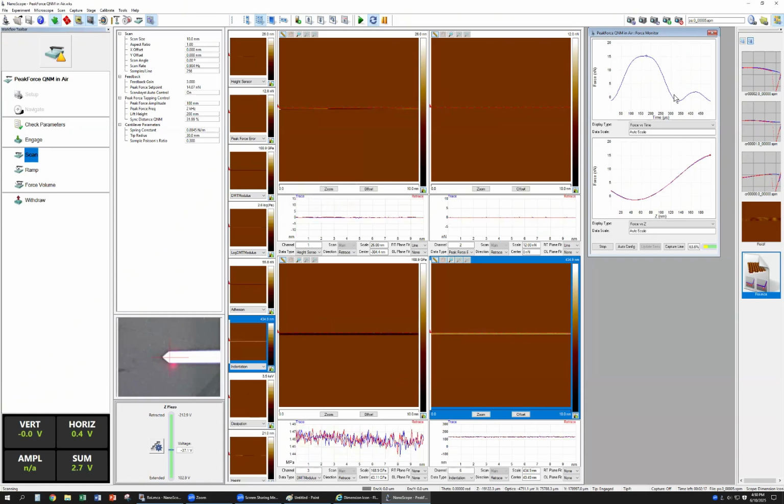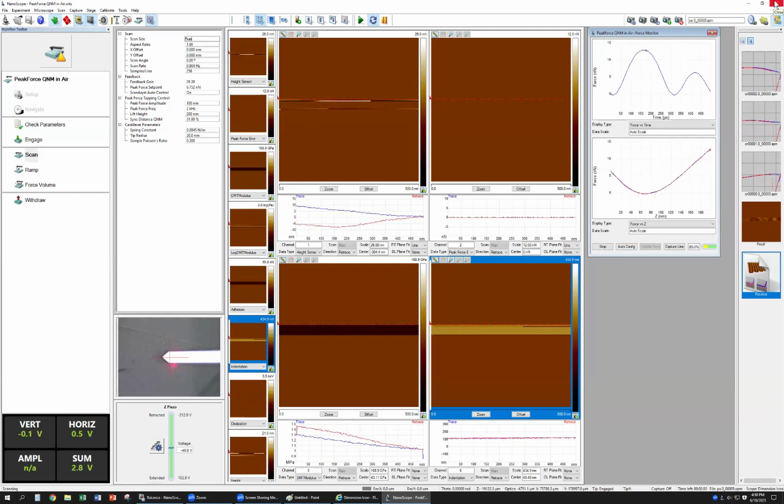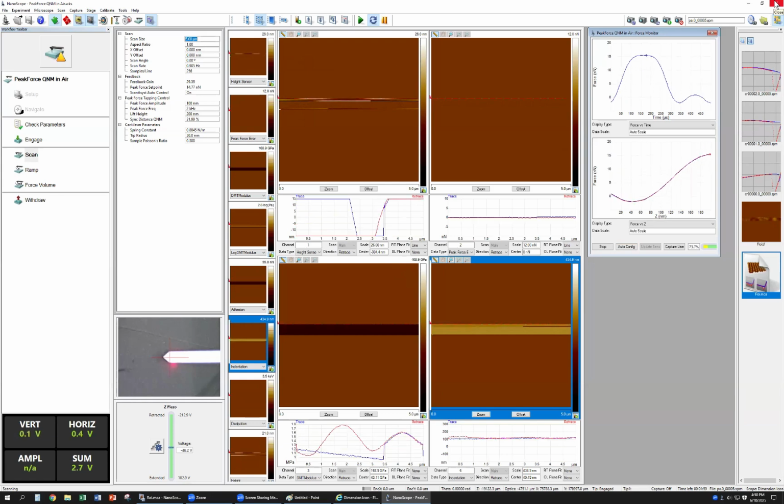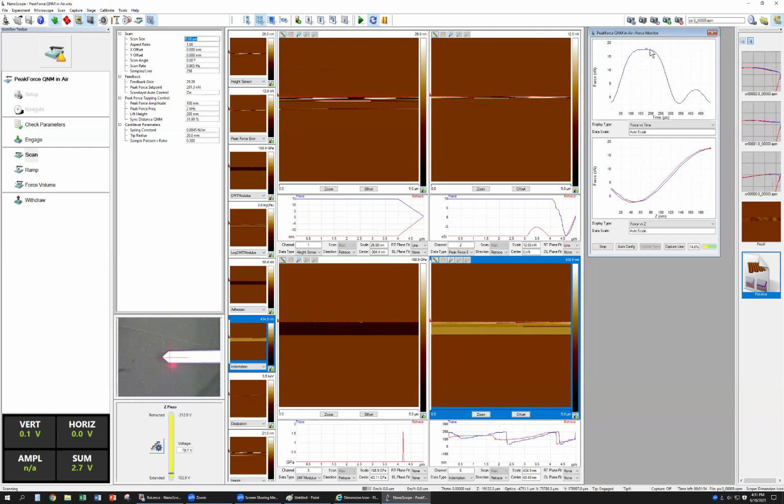This force curve is not very good, okay? Now we have already engaged on the surface. So if we set the 5 microns scan area, when you see this image,